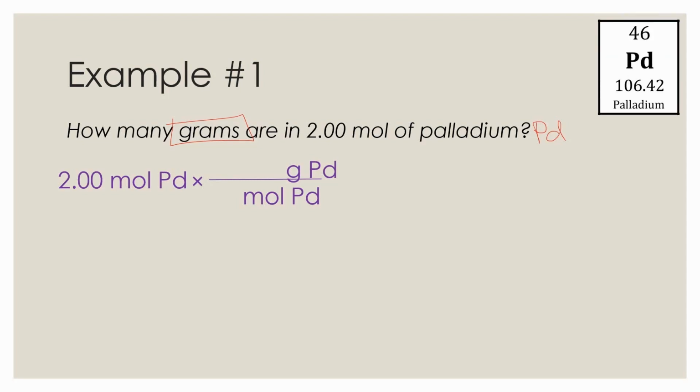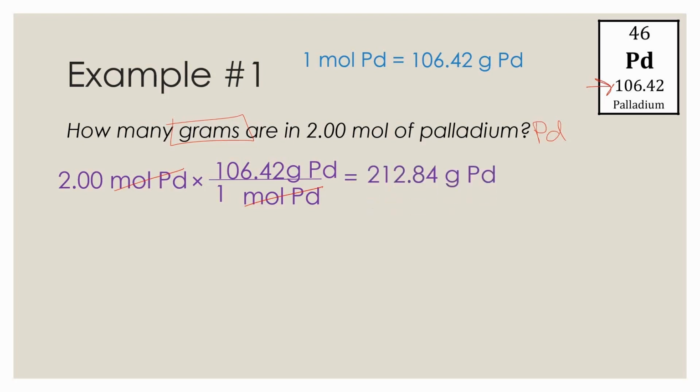Because if we look at our periodic table, we can see from this number right here that the molar mass of palladium is 106.42 grams per mole. Put another way, 1 mole of palladium weighs exactly 106.42 grams. So that's our statement of equality. We can put those exact same values into a conversion factor. 1 mole, 106.42 grams. And now moles of palladium are up, moles of palladium come down. If we plug in right now, we will have units grams of palladium, which is what we are looking for. So it's time to multiply it through. 2 times 106.42 is going to give us initially